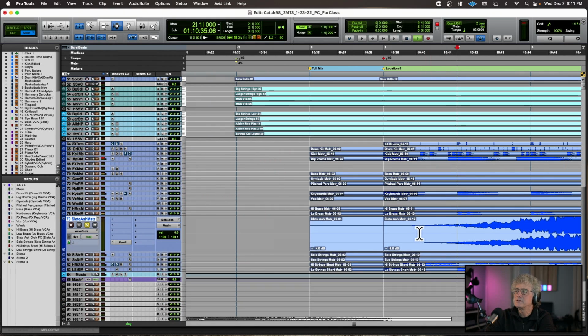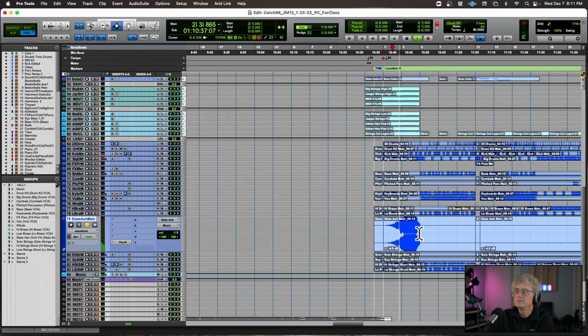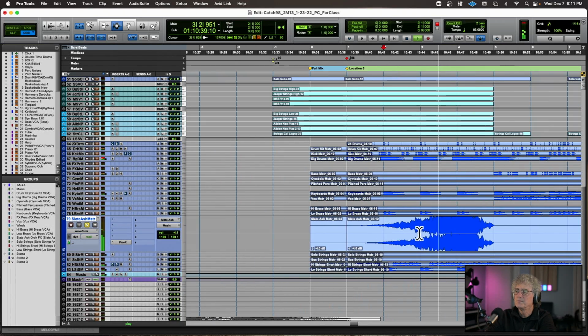I've got these sounds here, which are kind of cool. So those are like really ambient winds that have been processed. And then there's low brass. And that works with the low strings.